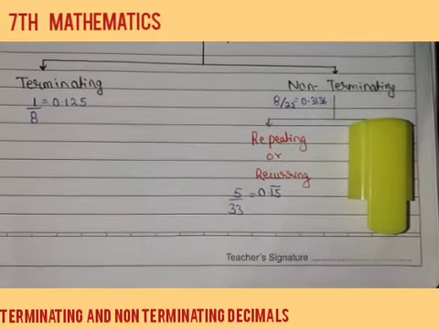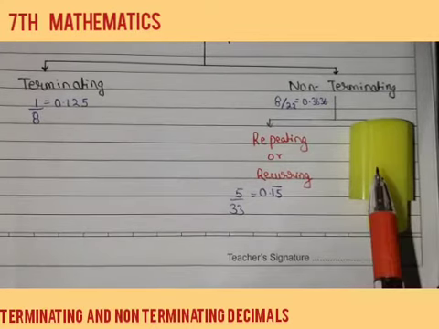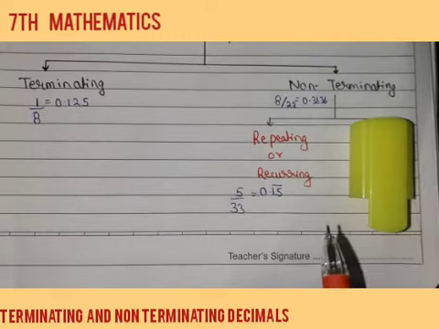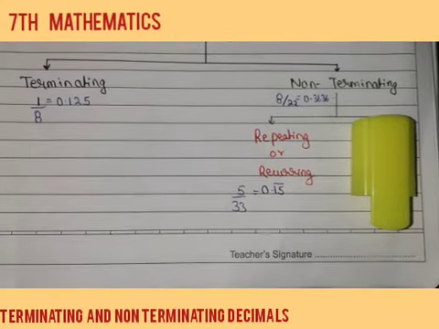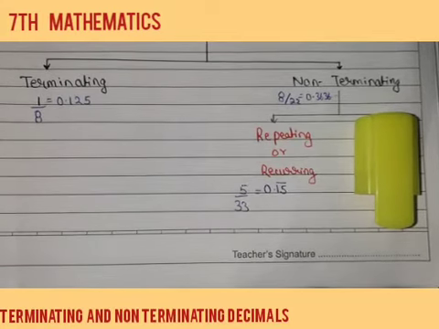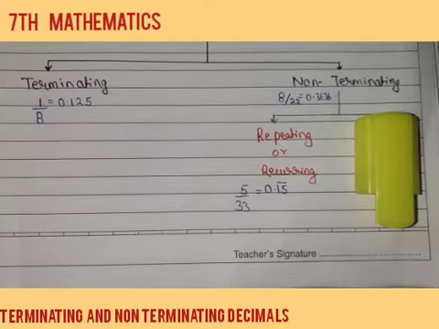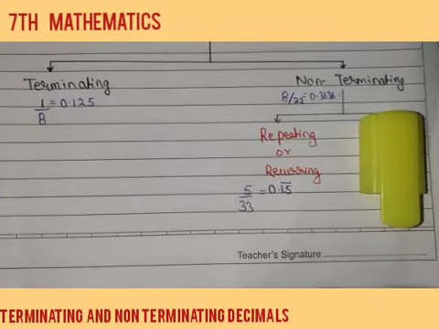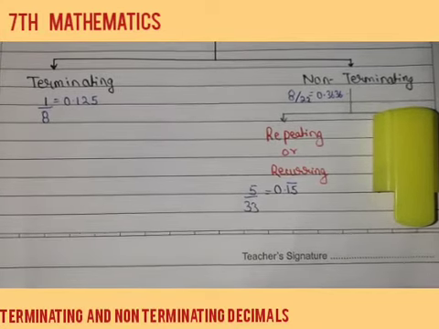But there are certain more numbers which are non-terminating and are even not repeating. For example, 0.12345, and the division will go on and on. Now in such examples, neither the division is coming to an end, nor the number is repeating. Such numbers are known as non-terminating, non-repeating decimals.